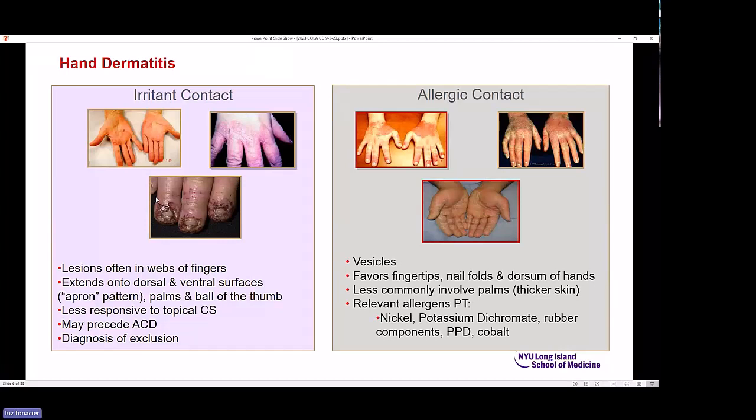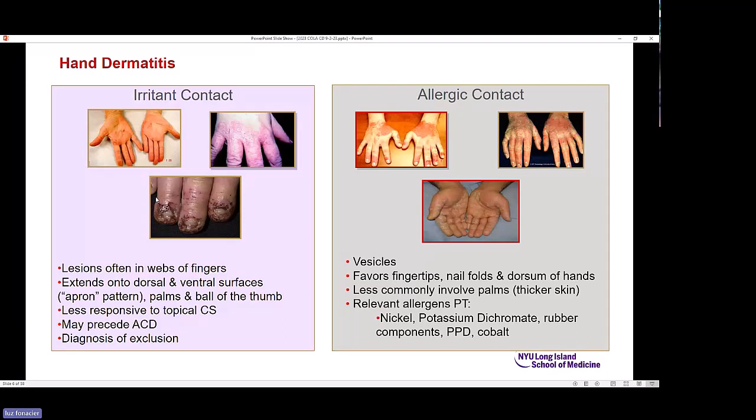Vesicles are a common manifestation of allergic contact dermatitis. They will favor the fingertips, the nail folds, and the dorsum of the hand, because contacts are more frequent on the dorsum, and the ventral aspect also has thicker skin in the palms, so it's less prone to allergic contact dermatitis. When we did patch testing for hand dermatitis, the most common relevant positive patch tests are your